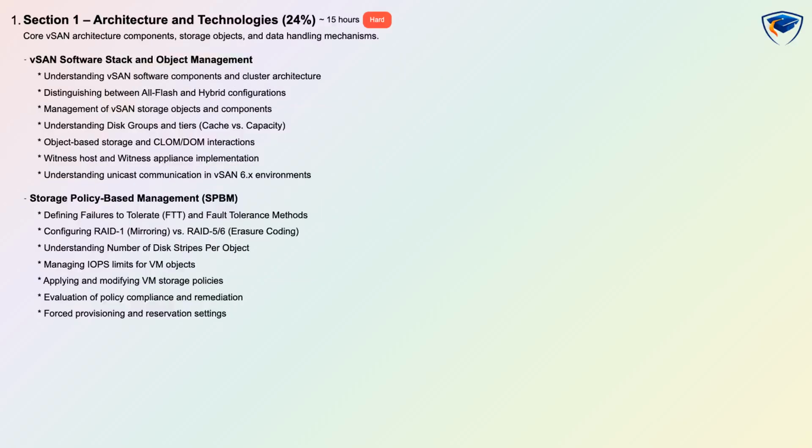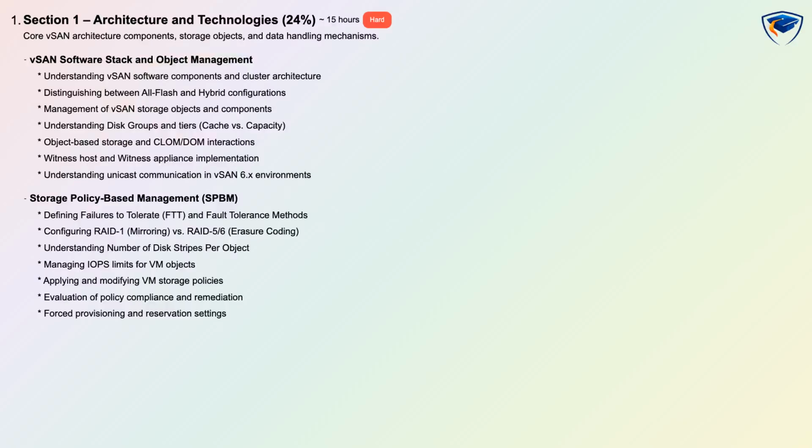Section 1, Architecture and Technologies covers the core vSAN architecture components, storage objects, and data handling mechanisms. You'll learn about the vSAN software stack, object management, and storage policy-based management. Key topics include understanding vSAN software components and cluster architecture, distinguishing between all-flash and hybrid configurations, and managing vSAN storage